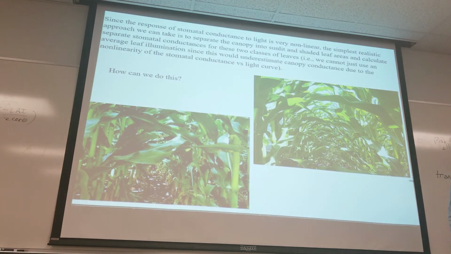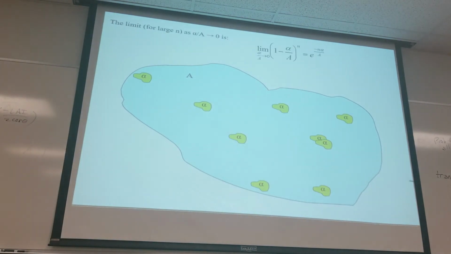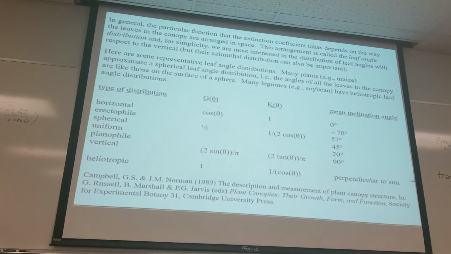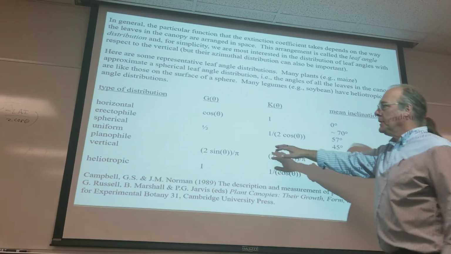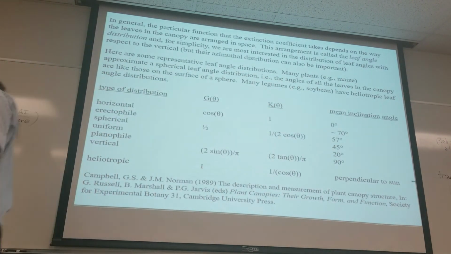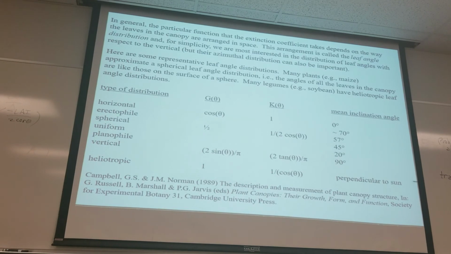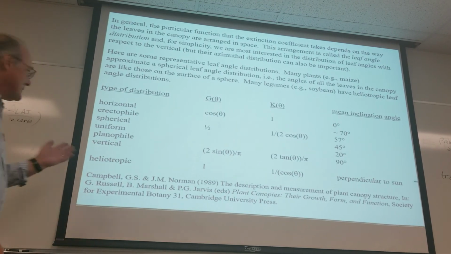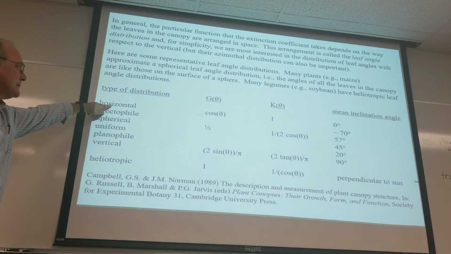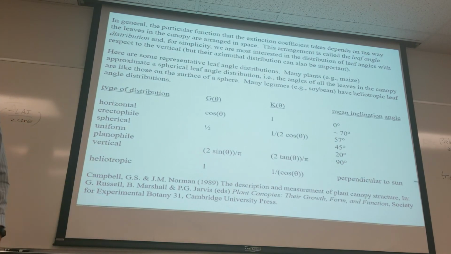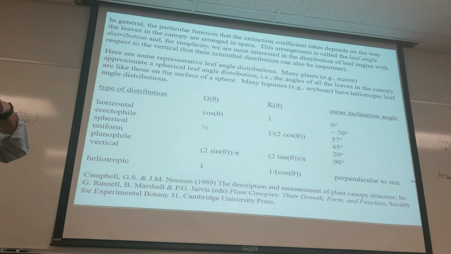Can you believe it? Yeah, well, who would imagine that? Doesn't look anything like it. But it is. Okay, so spherical leaf angle distribution, very common in plant canopies. And in fact, if you have a canopy and you don't know anything about the leaf angle distribution, assuming that it's spherical is not a bad assumption in many cases. But some plants aren't like that. Some are more horizontal, some are more vertical, although absolutely horizontal and absolutely vertical